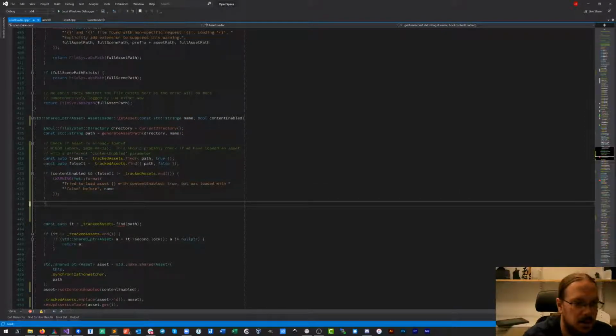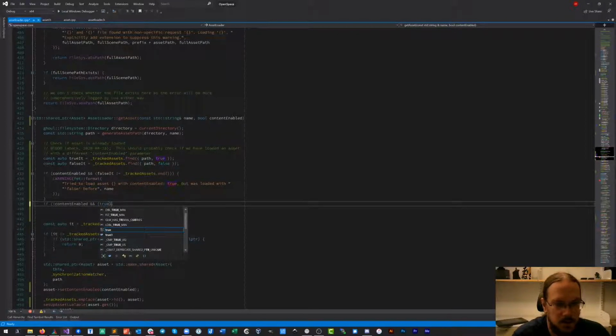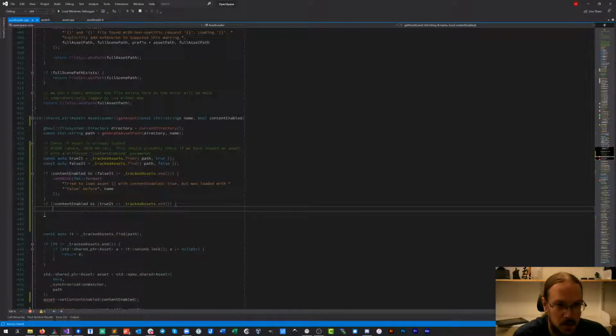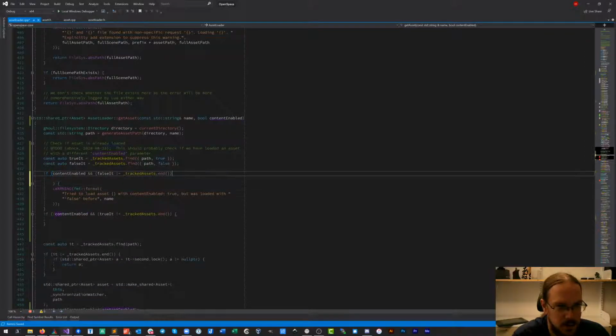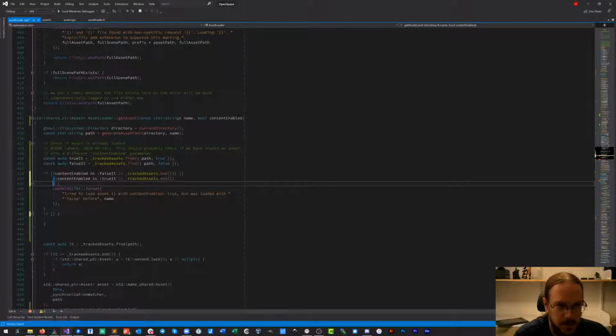And then the same thing the other way around. So if content enabled and our true iterator is a proper iterator, and I guess I'm really lazy to write this method twice. So if we say this one's the first, or we have our second one here, collecting our braces, there we go.